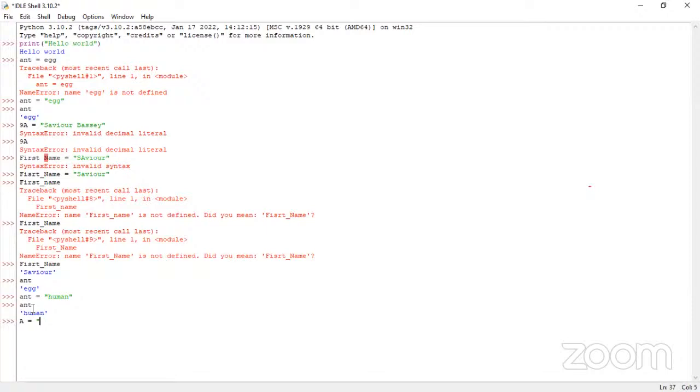Currently, ant is holding human. Okay, ant is holding human, all right? So now if I assign that human to A, let's see what happens. Automatically at that point, ant no longer holds human. So if I say ant now, if I bring up ant,